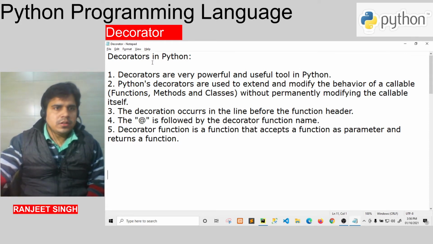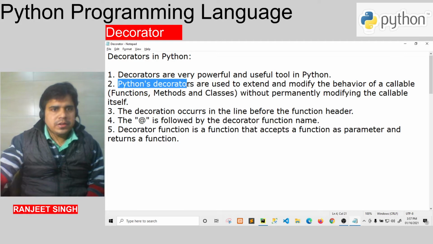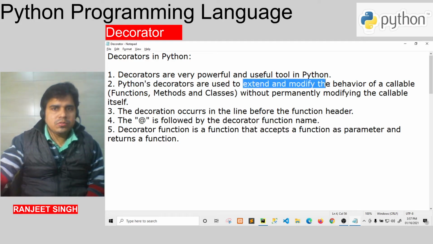What decorators are all about. Decorators are a very powerful and useful tool in Python. The second point is that Python decorators are used to extend and modify the behavior of callable objects, like functions.